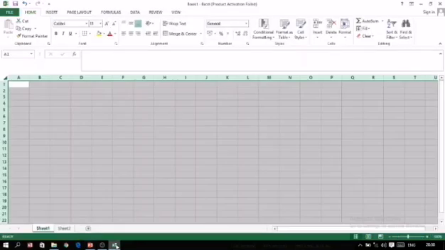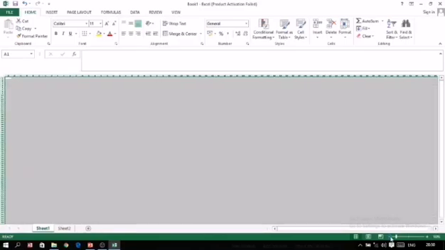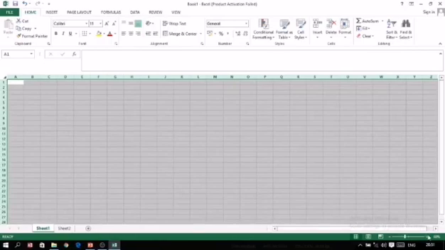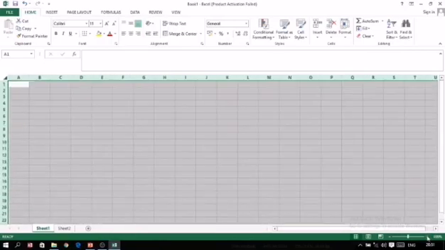The next is the status bar. The bottom bar is known as the status bar. This bar contains different buttons. These are the view buttons: normal view, page layout view, and page break view. And here we have the zoom button, which is used for increasing or decreasing the zoom of the window. Right now it is 100%. As I decrease it, the size of the window is reduced, as you can see. As we increase it, I want to go back to 100%. So just use this slider for increasing or decreasing the zoom.